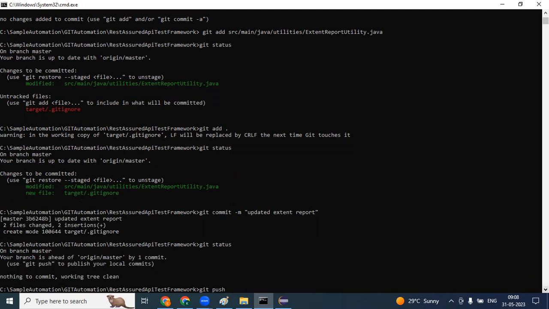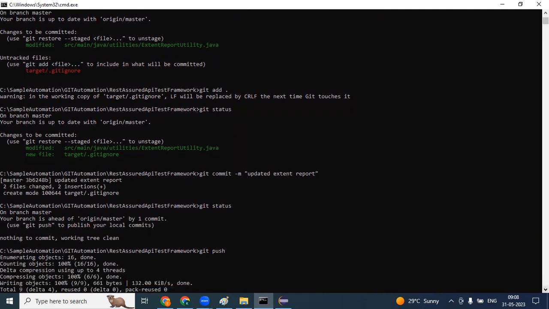స్టేజింగ్ లోకి వచ్చిన తర్వాత వీ నీడ్ టు గివ్ వన్ లేబుల్ బిఫోర్ సేవింగ్. నౌ గిట్ కమిట్ అంటే సేవ్ చేయడం అన్నమాట. ఆ చేంజెస్ ని ఇప్పుడు సేవ్ చేస్తున్నాం, ఒక లేబుల్ తో ఒక నేమ్ ఇచ్చేసి సేవ్ చేస్తాం. వాట్ ఈస్ దట్ కమాండ్? గిట్